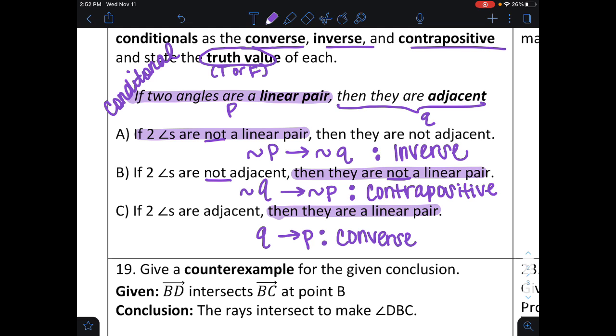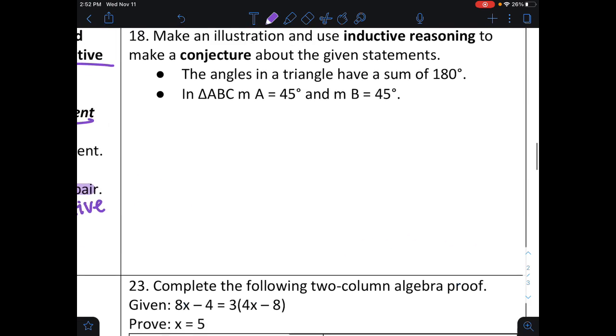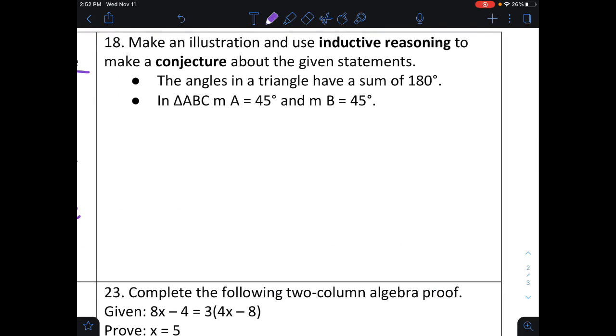Okay, so that's it. All right, next problem. Make an illustration and use inductive reasoning to make a conjecture about the given statements. The angles in a triangle have a sum of 180, so they have to add up to 180. So sum means add. And then in triangle ABC, so let me draw triangle ABC, we have a 45 and